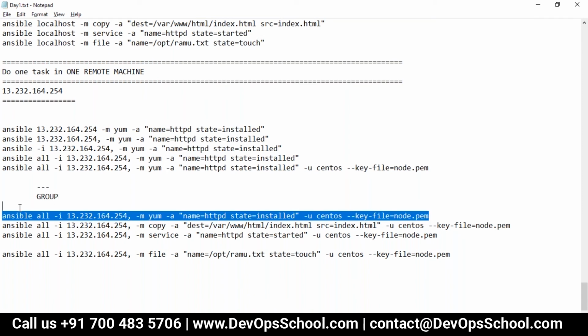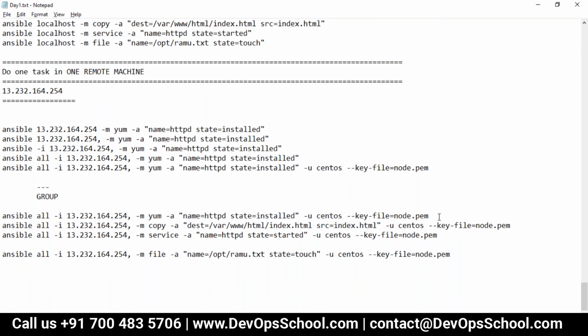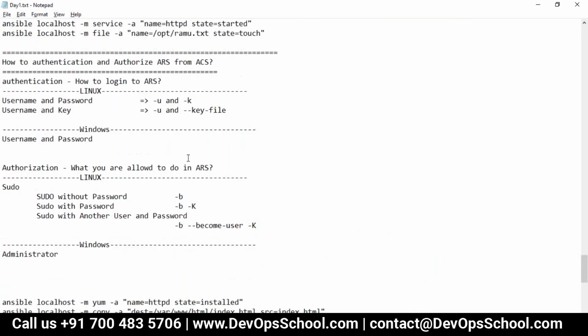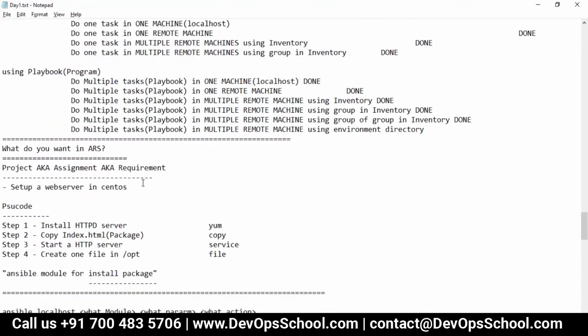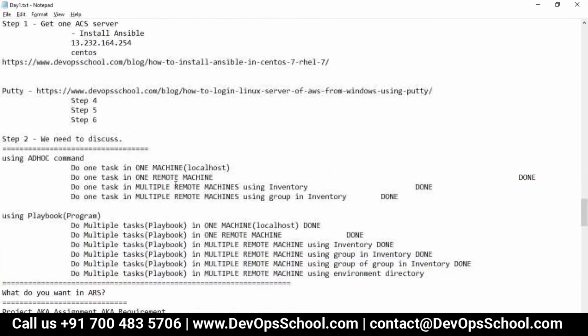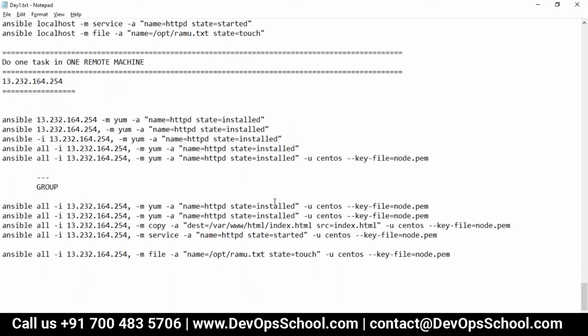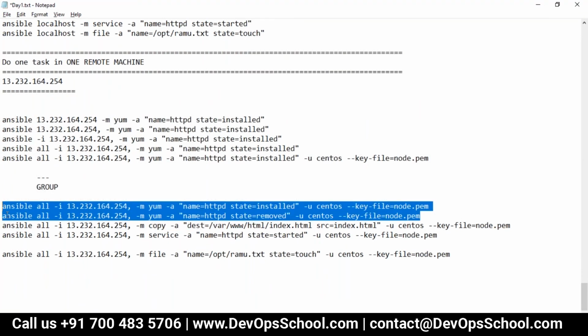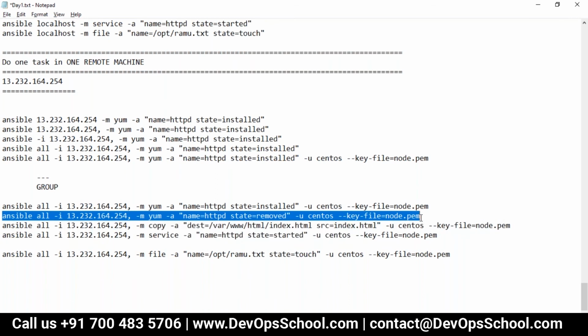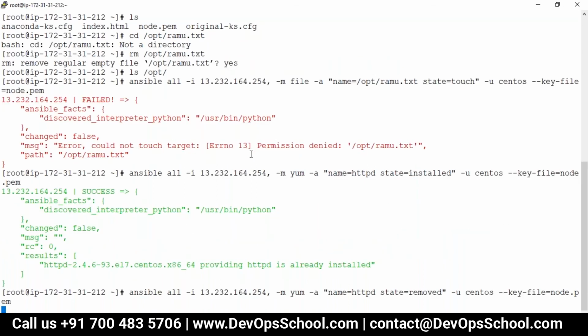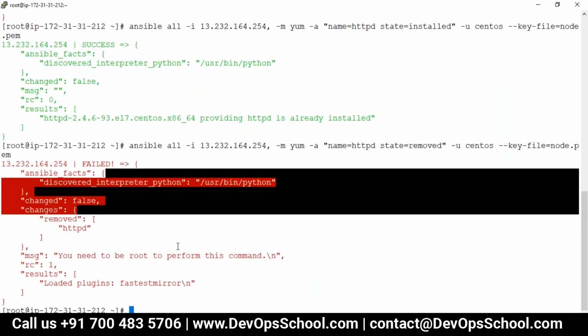So now let me do that. Let me show you here. What is the problem? What I'm doing, not installing at all. I'm removing it, and for removing, I think I made this command somewhere, remove. So see here, this time I'm removing it, and this time I'm changing it, and I got the same issues.